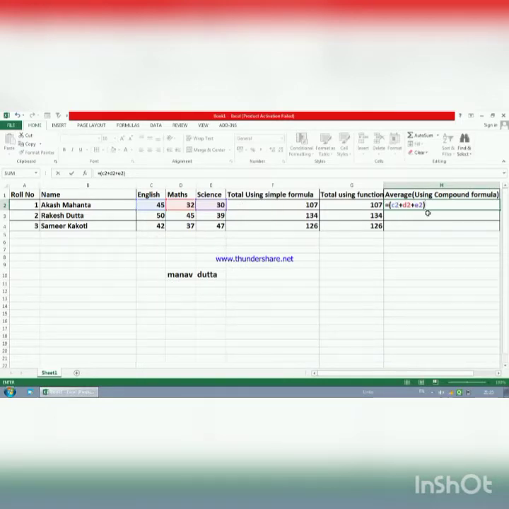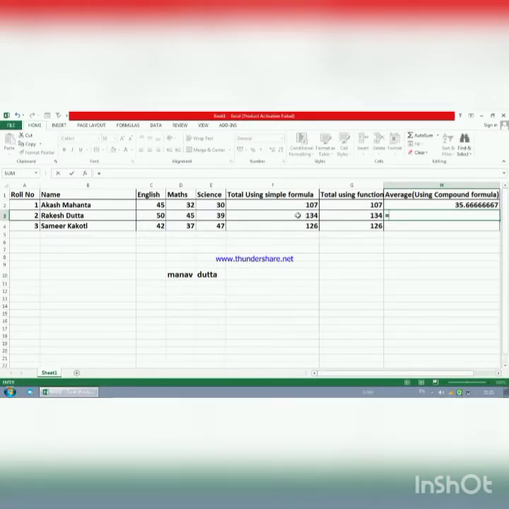So then this is done, then I can give the division. That's a slash, it acts as a division sign in Excel. So divided by 3, so I'll get the average. 35.66. So here I have got this average, but in another way I can do it, because here I have